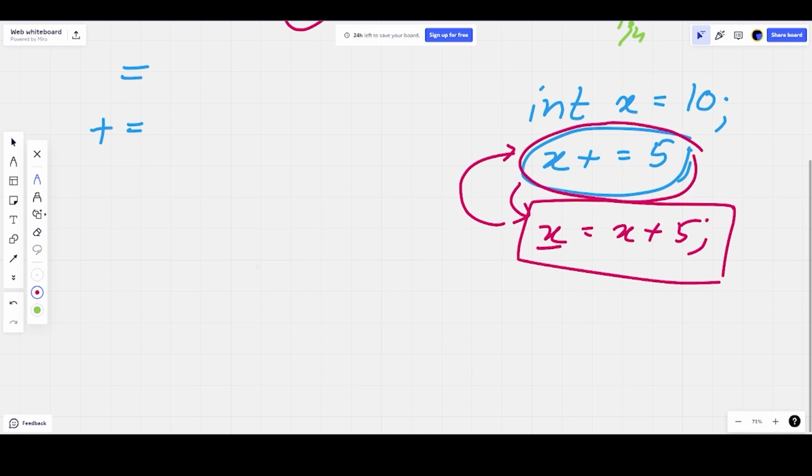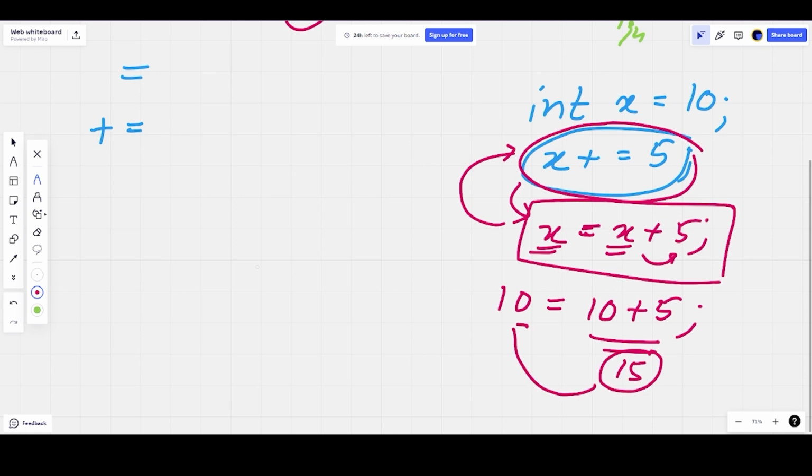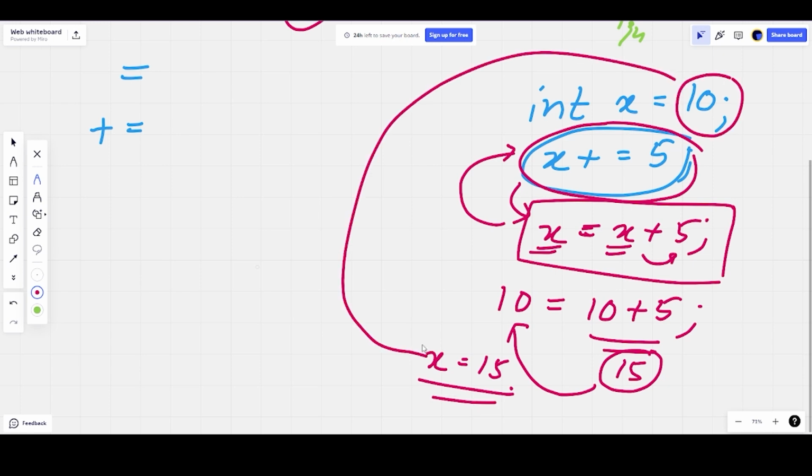Whatever x has, I will equate it to x plus 5. Our x had 10, so 10 plus 5 will become 15, and 15 will replace the value of what it was. So now x has 15. Before x was 10, we have made it 15. So that is the logic.